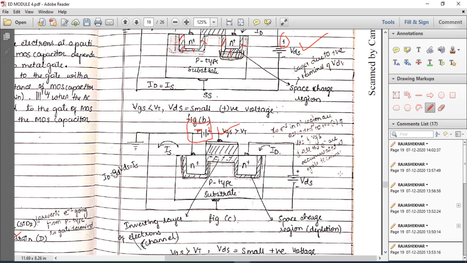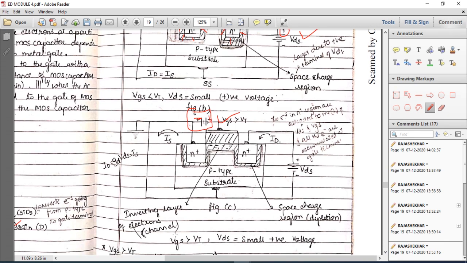Here the condition is that VGS needs to be greater than the threshold voltage. Only then does it start attracting the electrons in the P type. I am also going to change VDS to a particular voltage. So I have made two changes: one, a positive potential at the gate terminal that attracts the electrons, and two, VDS is increased to a particular value. Under such condition, what happens to the N channel MOSFET?